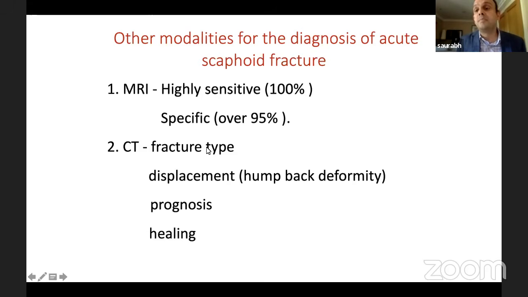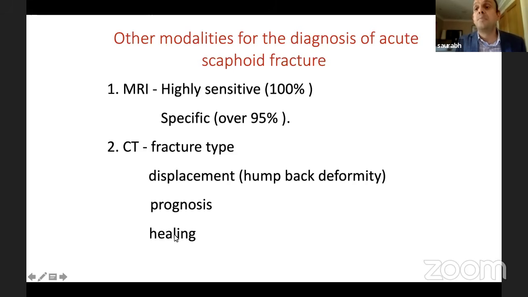Fracture type. So not all fractures are very clear. They don't have a clear pattern. For example, you may have a fracture which you think is more towards waist, but when you see your 3D CT scans and your coronal and sagittal and axial cuts of CT, fracture line may be exiting very proximally. So those are the ones which are more proximal pole than waist. So CT and healing, of course,